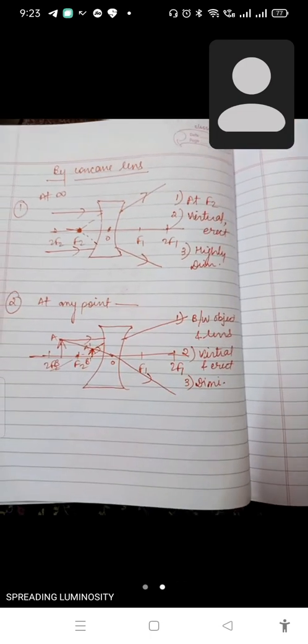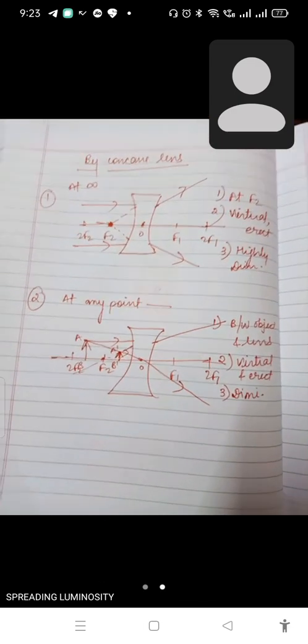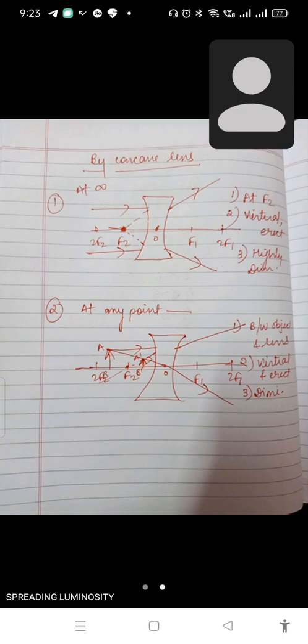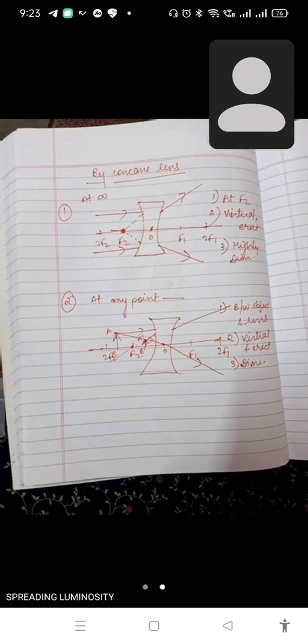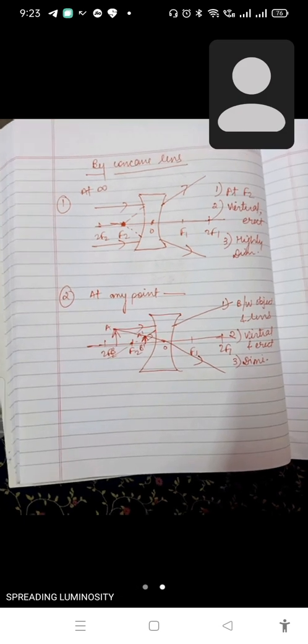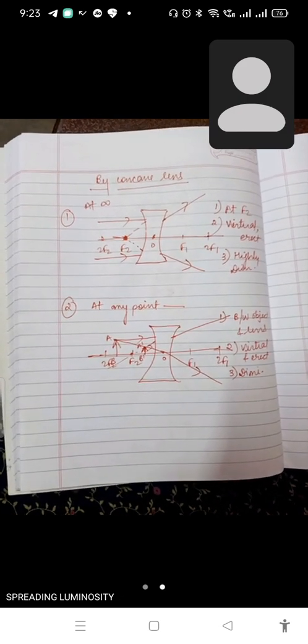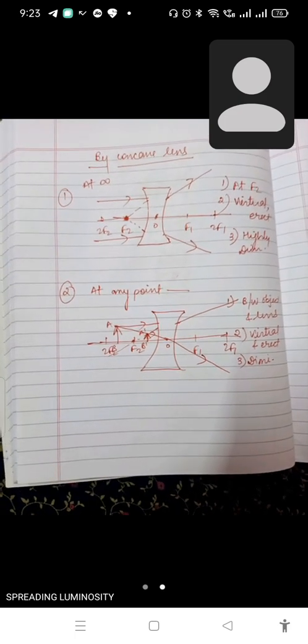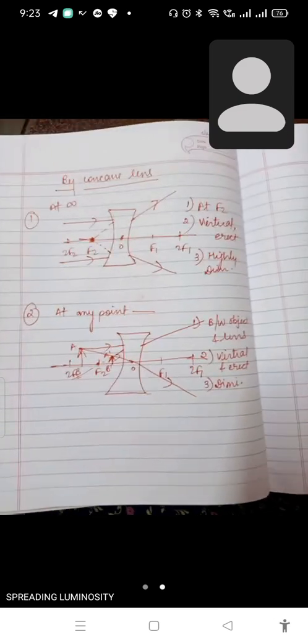But the diagrams which I have explained yesterday and today show that when the object moves towards the lens, the image moves away from the lens, and in convex lens its size increases. When the object moves towards the lens, its size increases and the image starts moving away from the lens. So these are the two basic points of the formation of image by the lens.